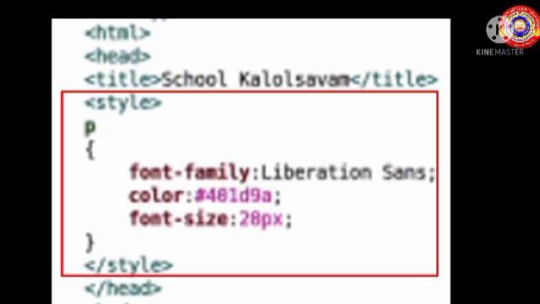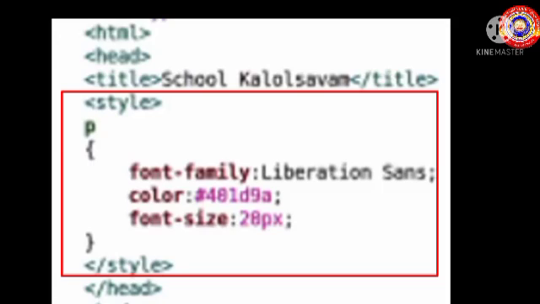Then for giving color, we have to use the attribute color, colon, give the color code or the color itself. Then for giving the size of the font, we have to use the attribute font-size, colon, how many pixels, then semicolon. Make sure that you use a semicolon each time a property is finished. Okay. Then these three properties are finished.